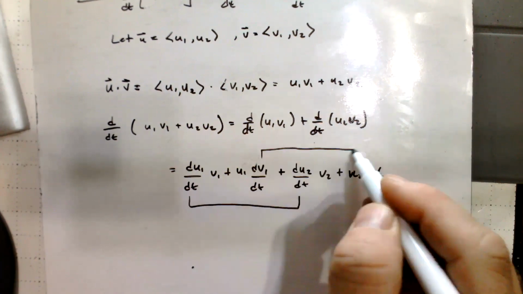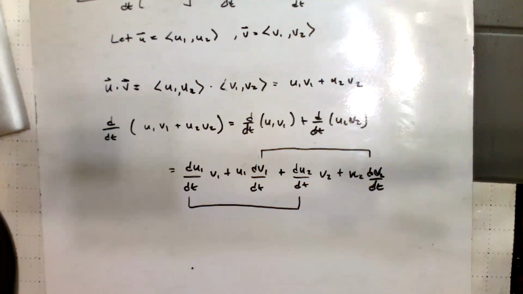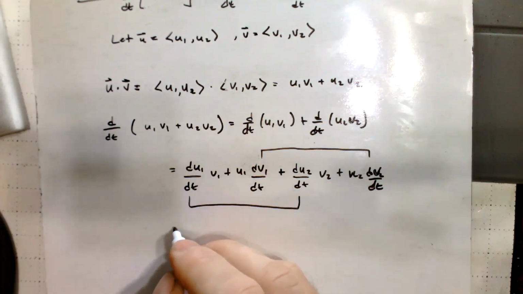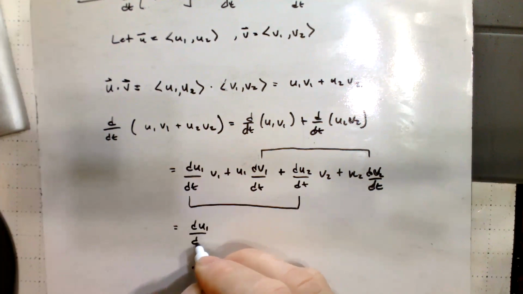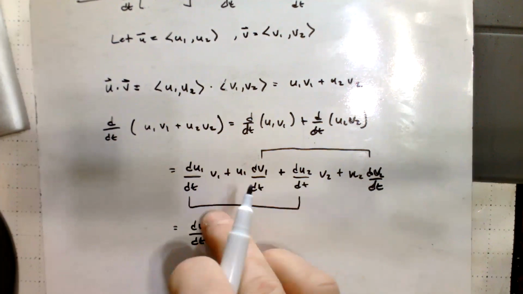And it looks like those two terms we would group together. And so you're going to do this similar thing if you had more components. So for example, if you had three of them, you would follow that same logic. And so what do we have? We have du1/dt plus, oh, sorry, I got my v1,